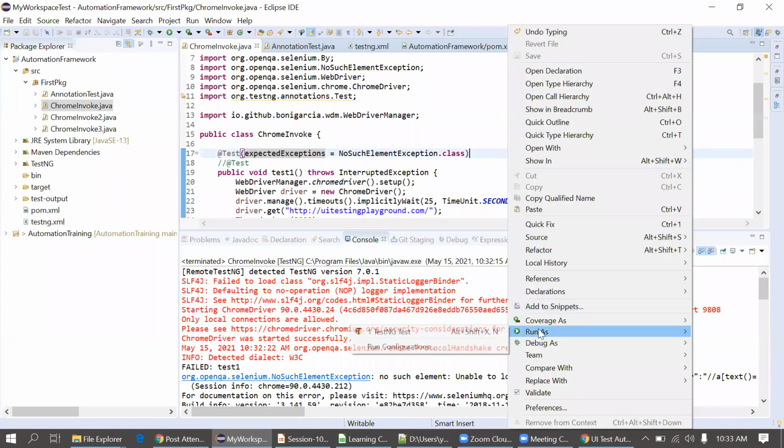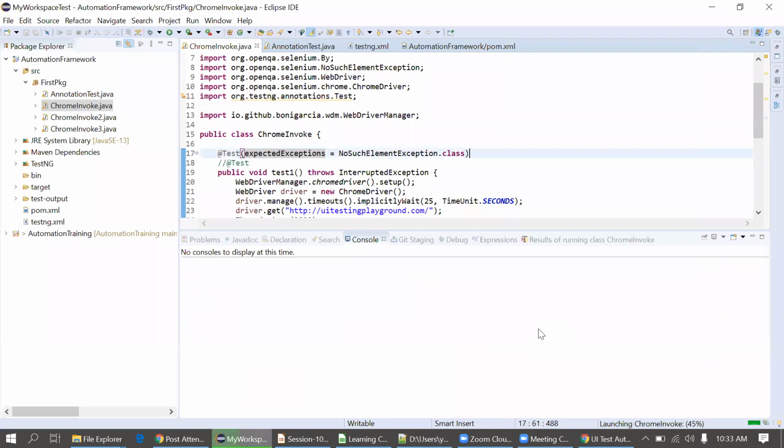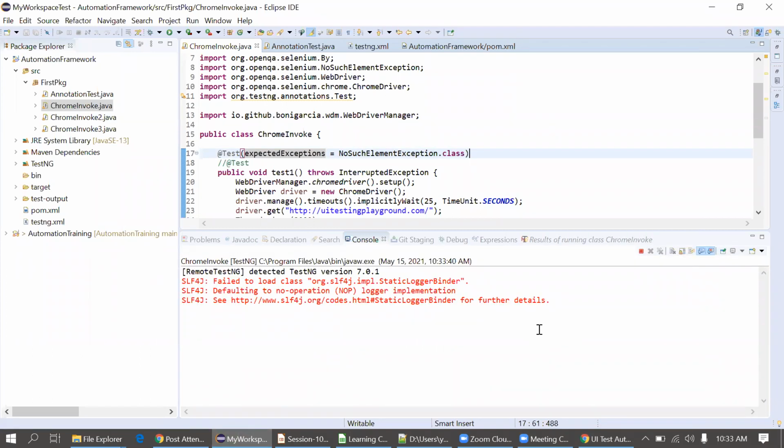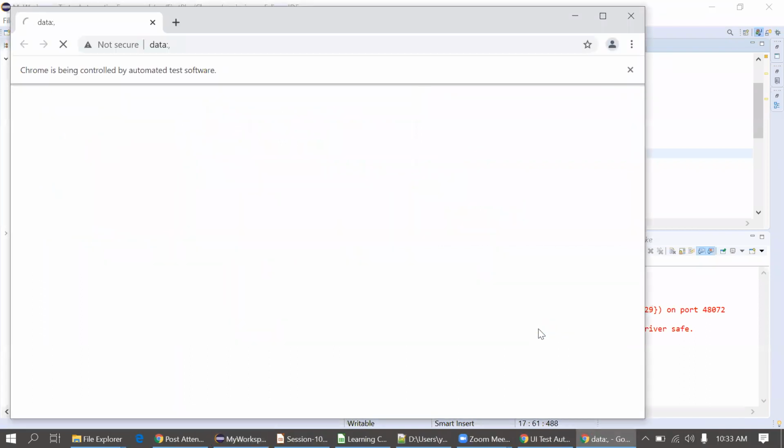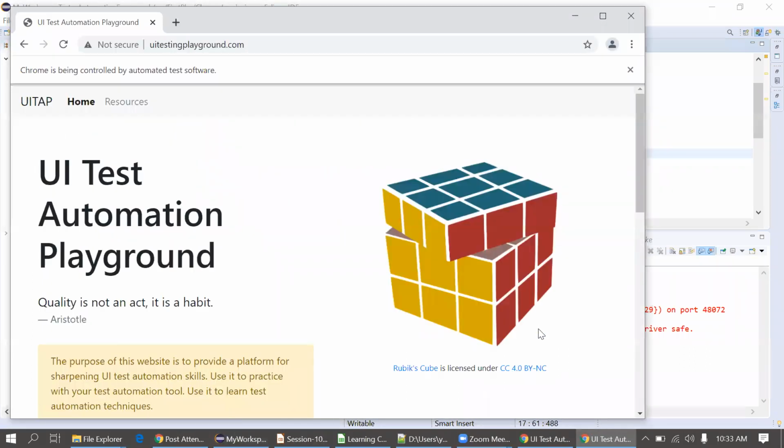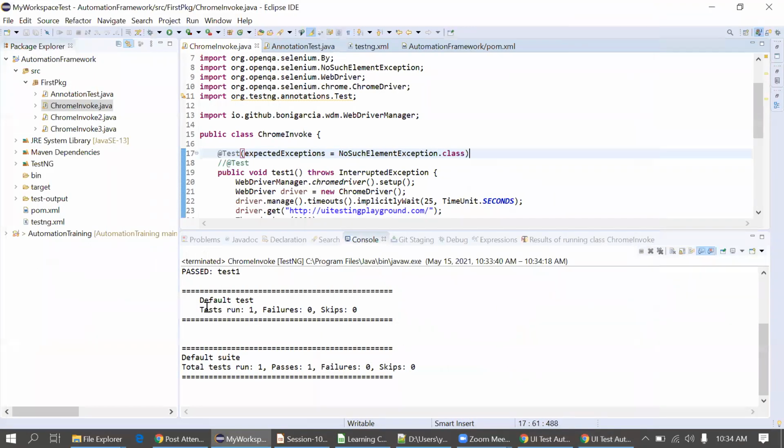Right click, run as TestNG. The test case is passed.